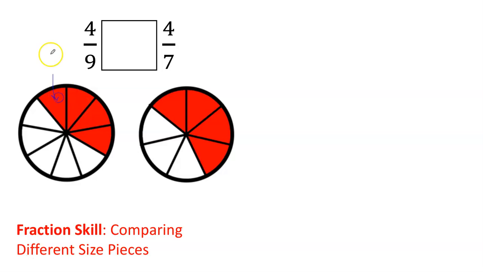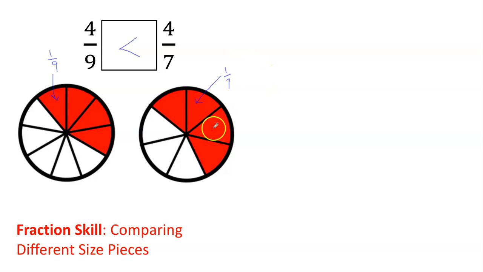So look over here. If you divide a circle into 9 pieces, each of these pieces is going to be smaller than if you divided a circle into just 7 pieces. So a 1/9 slice, that size piece is smaller than a 1/7 size piece. So if I have 4 smaller pieces compared to 4 larger pieces, these 4/9 pieces are less than